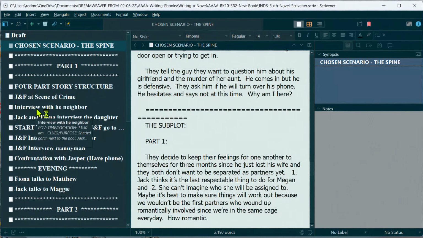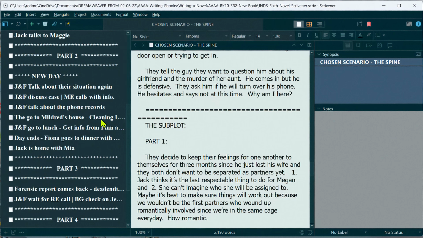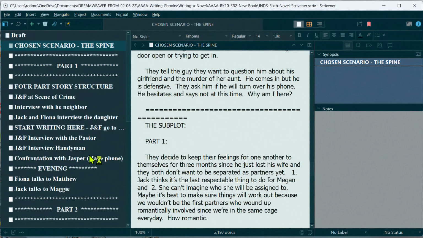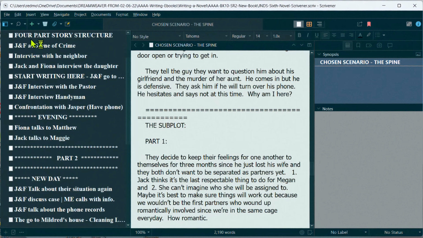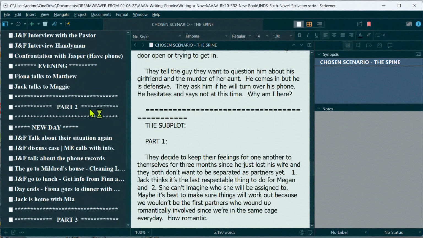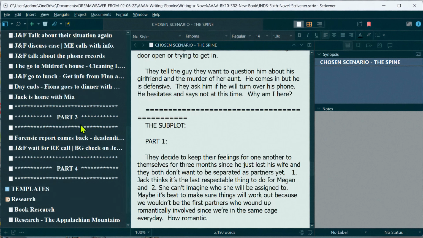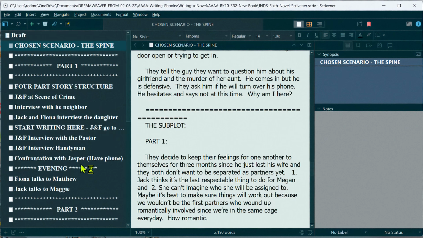Now, if you look over here on the left-hand side, I have the story broken up into parts 1, 2, 3, and 4. And as you can see, I have story outlines that are quite detailed in part 1 and even part 2. Now, part 3, I only have sketched in 2 outlines, and I have left part 4 unsketched at all. And the reason for this is because during this initial phase of the book,